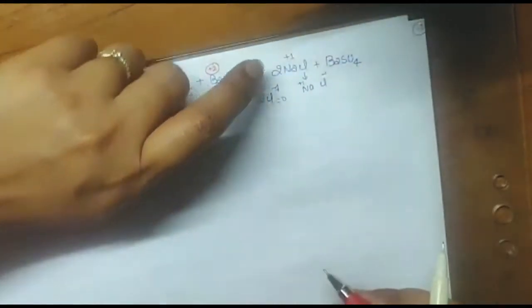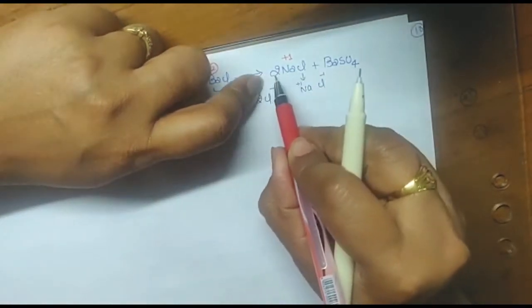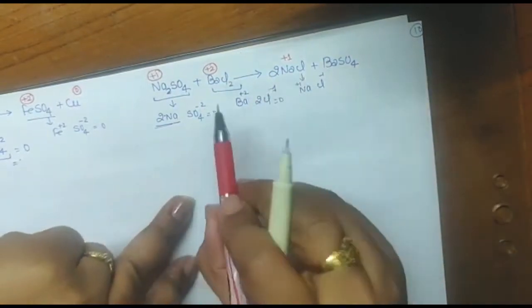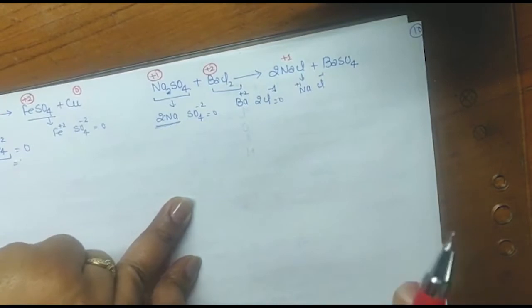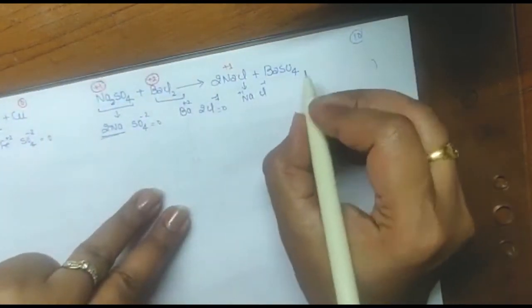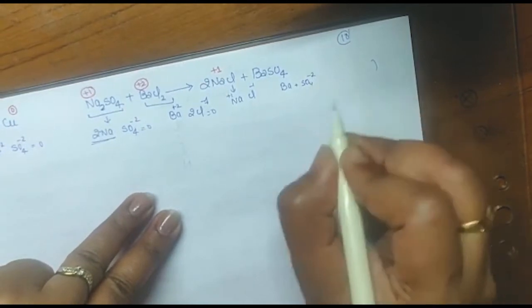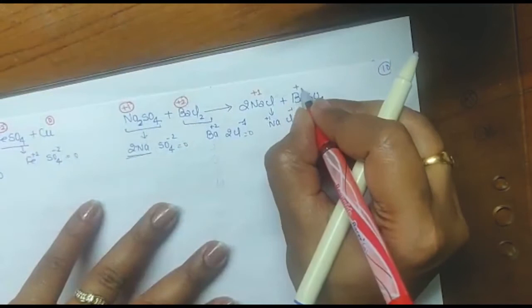Okay, don't consider this stoichiometric coefficient. The number written before the compound, the stoichiometric coefficient, you don't have to concentrate on that. We have to check this, what is written as a subscript, we will see that one. Okay, next in this case again it is made up of Ba and SO4. SO4 is having -2 charge, so barium will have +2 charge, so we will write +2.